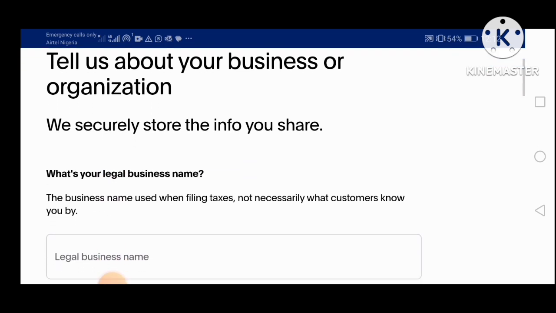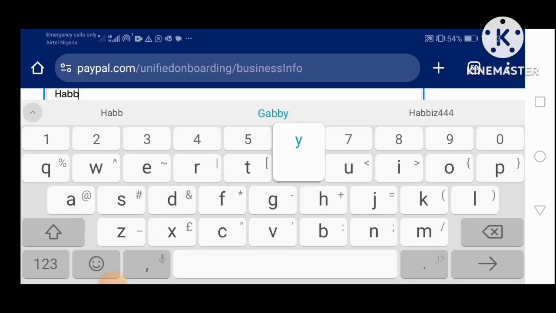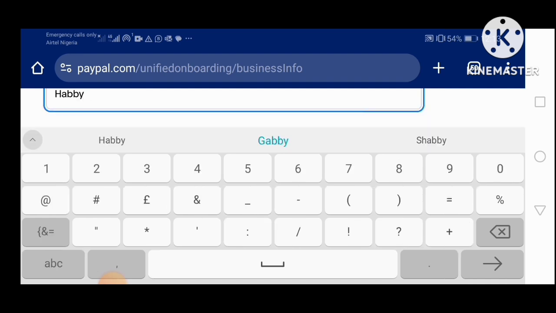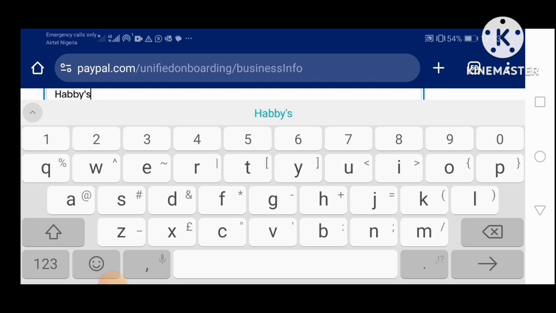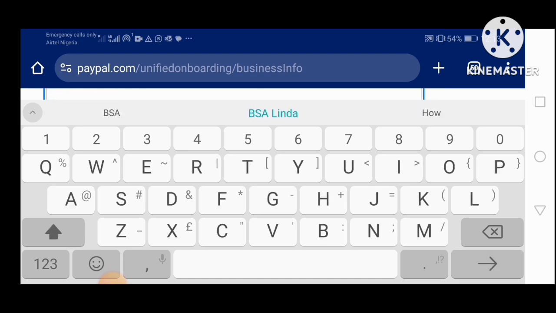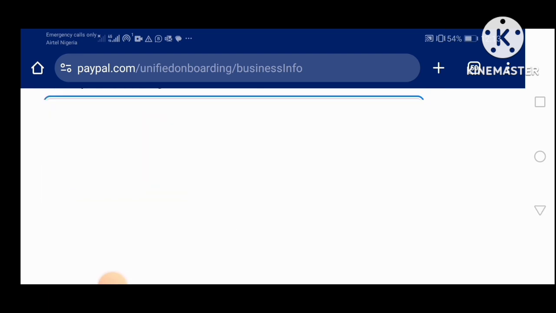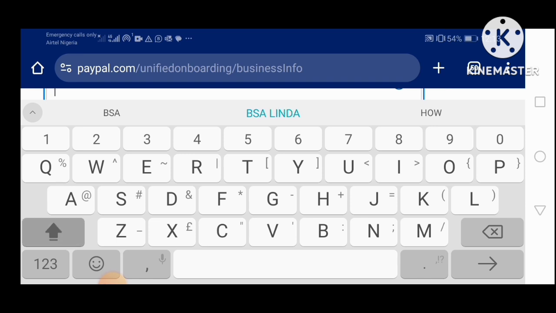All right, so for the legal business name, I'm going to use Abistore. So I'm going to enter Abistore. Then I'm going to enter the registration. So next we are asked to enter our